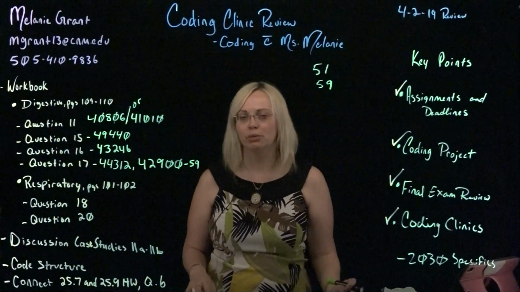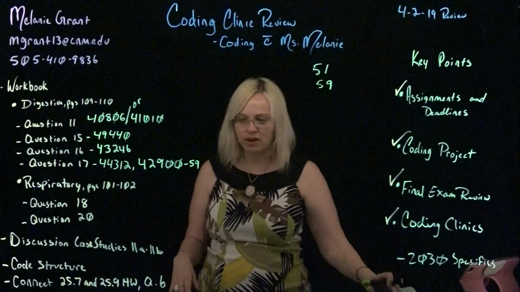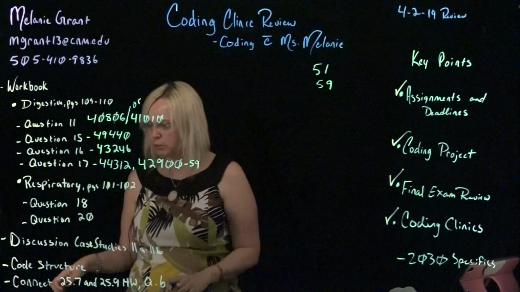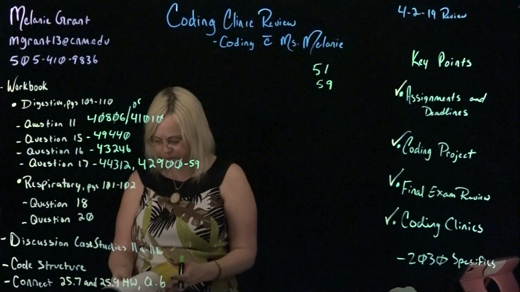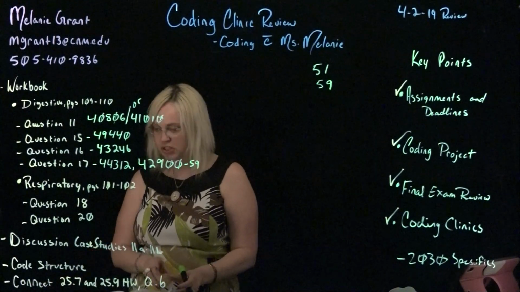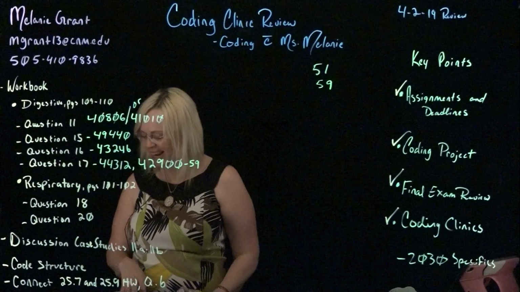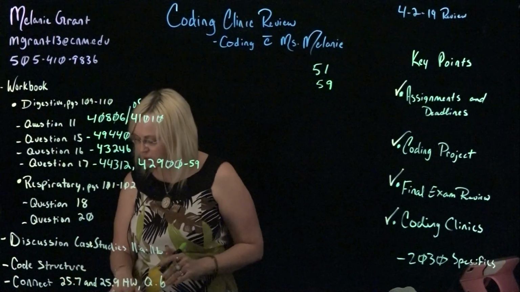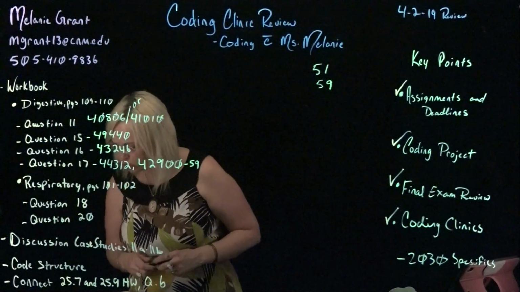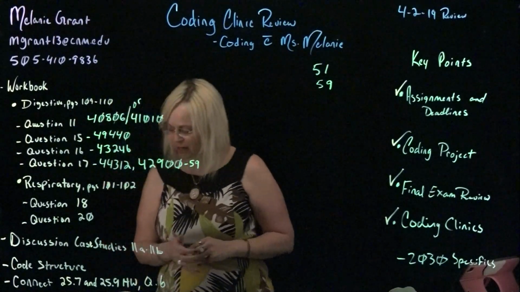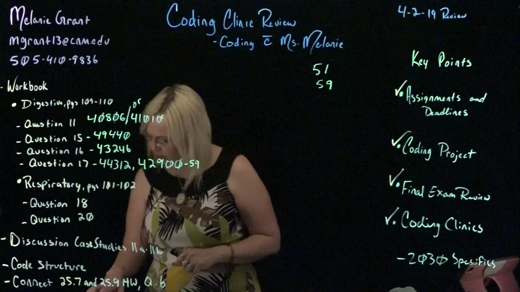Okay, so our last 2 codes with our workbook are in respiratory section, pages 102 and 101. And we'll actually be on page 102 for questions 18 and 20. For our first one here, we have a direct diagnostic laryngoscopy and tracheoscopy with operating microscope. Okay, so